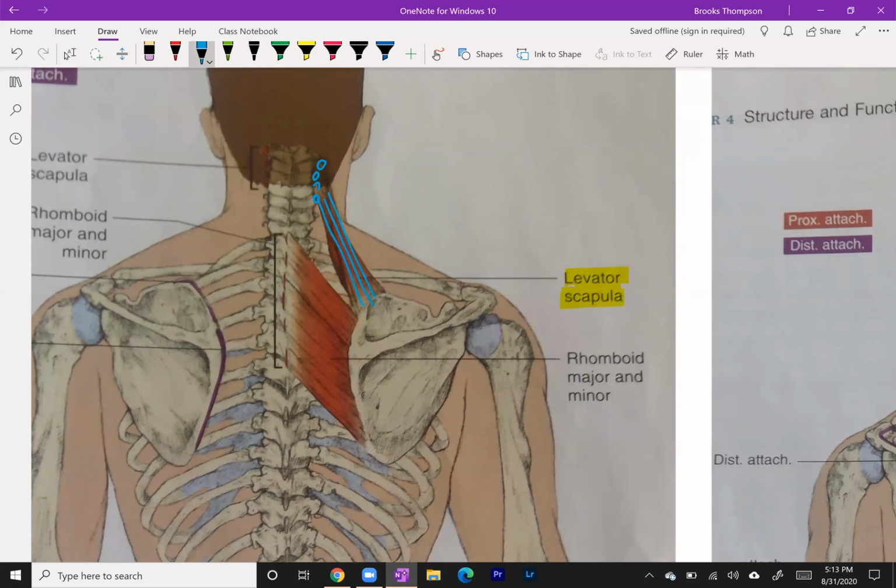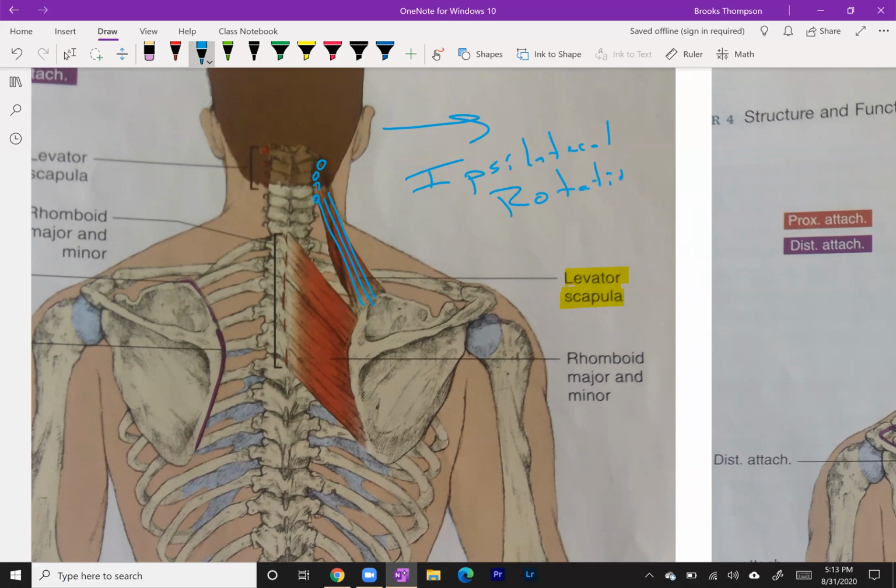So the scapula is slightly posterior to those transverse processes, which means the pull is going to pull the transverse processes back posterior just a little bit. If that occurs, which way do you think the head is going to turn? And hopefully you said to the right. So this has ipsilateral